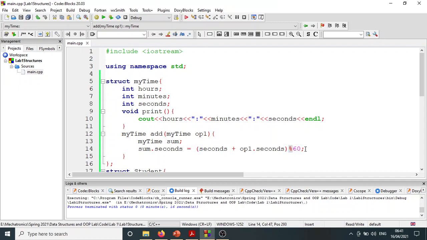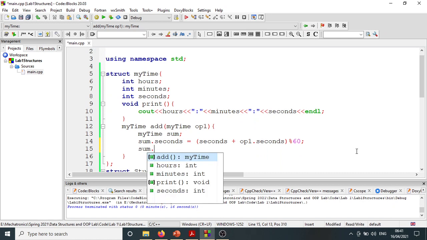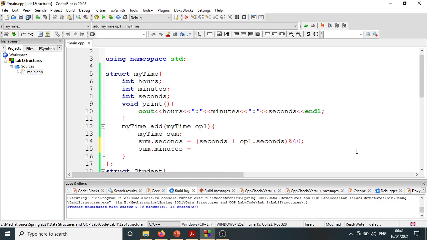ये modulo operator है, ये remainder मालूम करके हमें देता है, ठीक है। So this should go here, और वो जो 1 मिनट बचा है ना, that should go to the minute part, ठीक है। तो वो आप अभी से कर लें, अभी से, ताकि बाद में आपसे गलती ना हो, ठीक है। इसको मैंने कॉपी कर लिया। So let us calculate the minutes, sum dot minutes. सो उसमें एक component तो ये होगा सेकेंड्स प्लस op1 dot seconds। अब ये modulo नहीं होगा, ये वो division का result होगा, ठीक है।